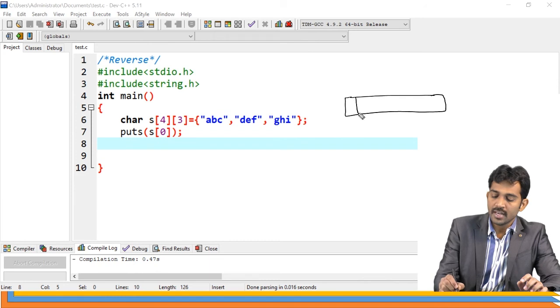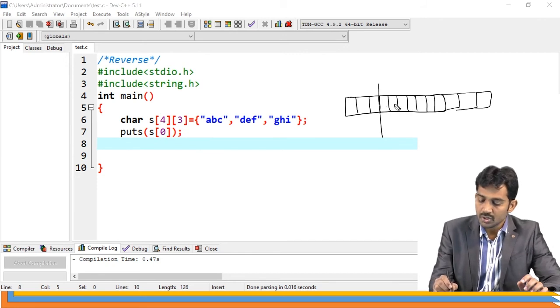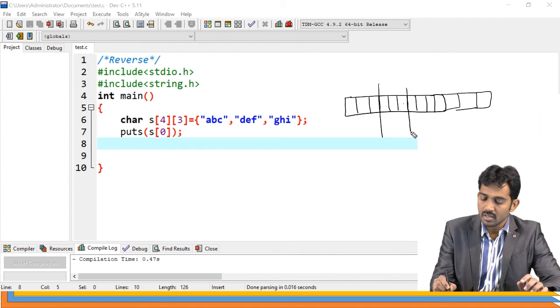So 1, 2, 3, 4, 5, 6, 7, 8, 9, 10, 11, 12. Each one is going to allocate 3 characters. This is the first one, 1, 2, 3. This is the second one, 1, 2, 3. This is the third one, 1, 2, 3. Like this.